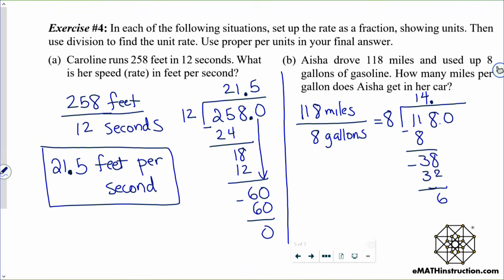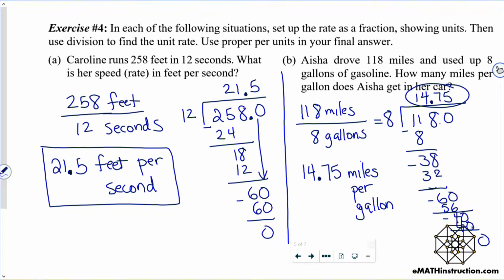Put 0.0 here. 60, 8 goes into 60 7 times. That's going to be 56, subtract, get 4. Bring down a 0, 40. 8 goes into 40 5 times. Thankfully, that leaves me with no remainder. 40, subtract, and I get 0. So we're going to get 14.75 miles per